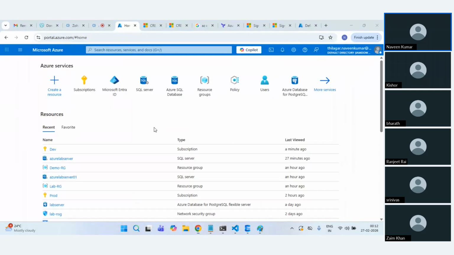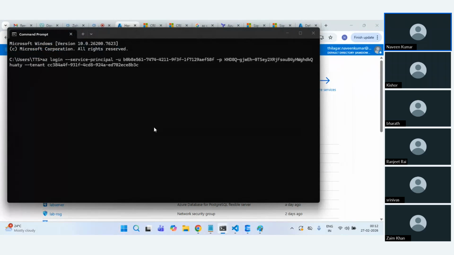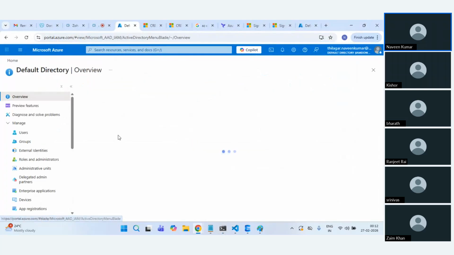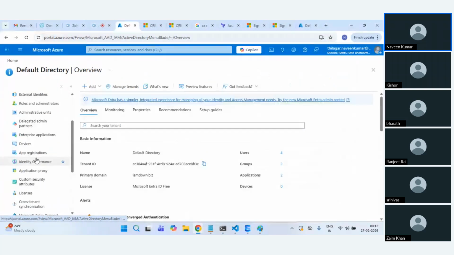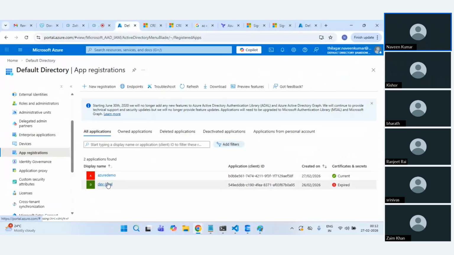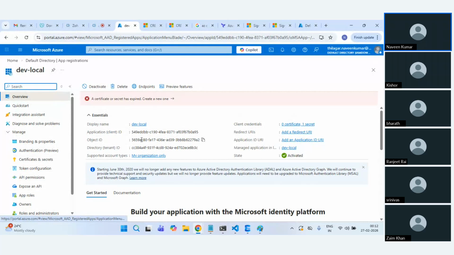Just open a new window. Okay, I think we'll try with the other one. At least I just want to show this is working. Just give me a minute. Let's try using this one. I'll say